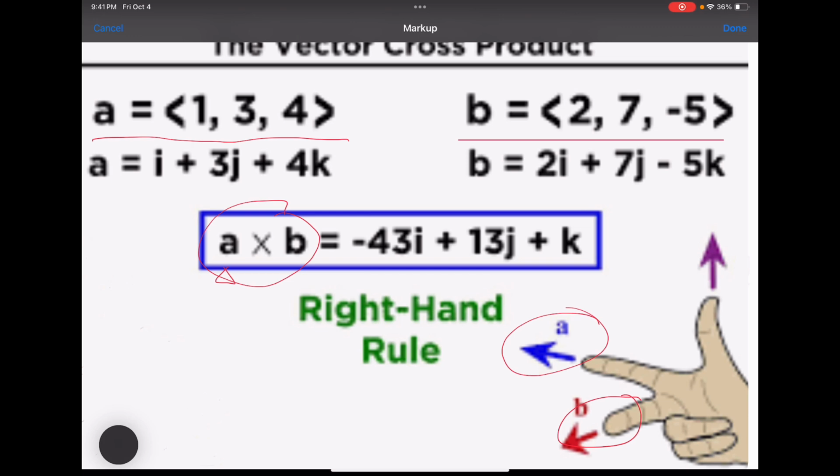And how about if I flip the A and B, I say B cross A? That means I need to flip my hand. So try this. Flip your hand and then use your index finger to point to the B direction, because B is the first vector. And use your middle finger to point to the A. You will find that your cross product is pointing down, the opposite direction of A cross B. Okay,